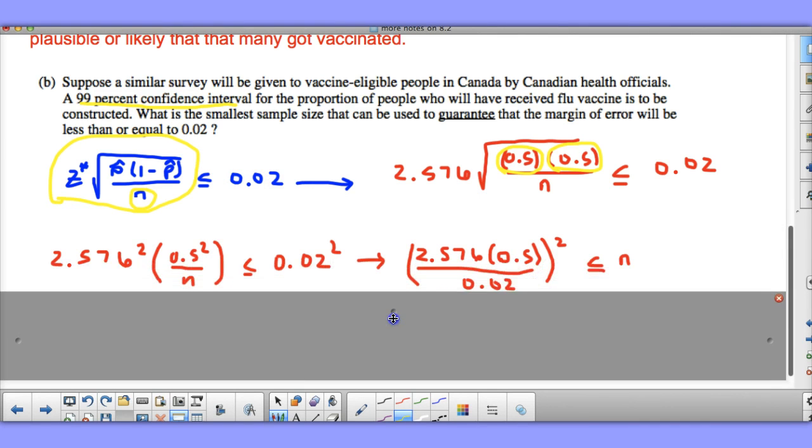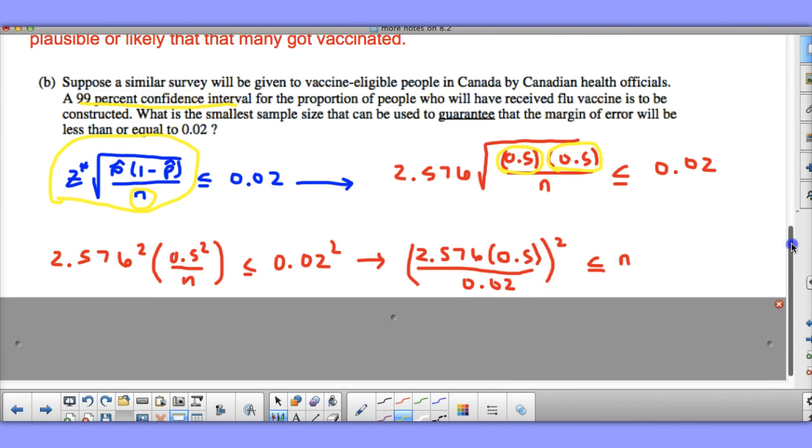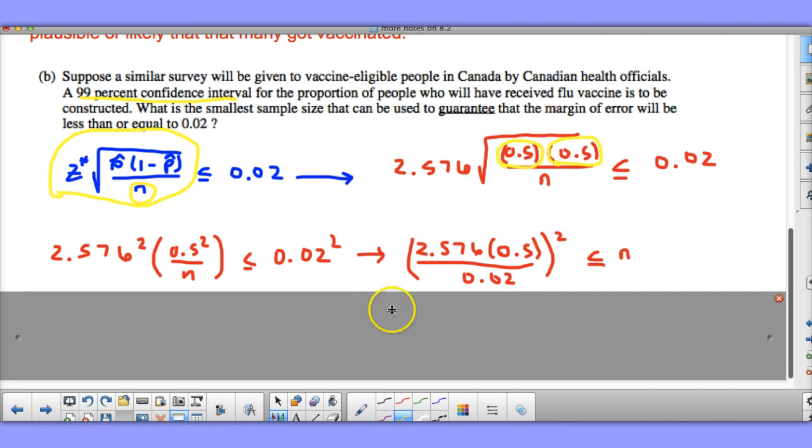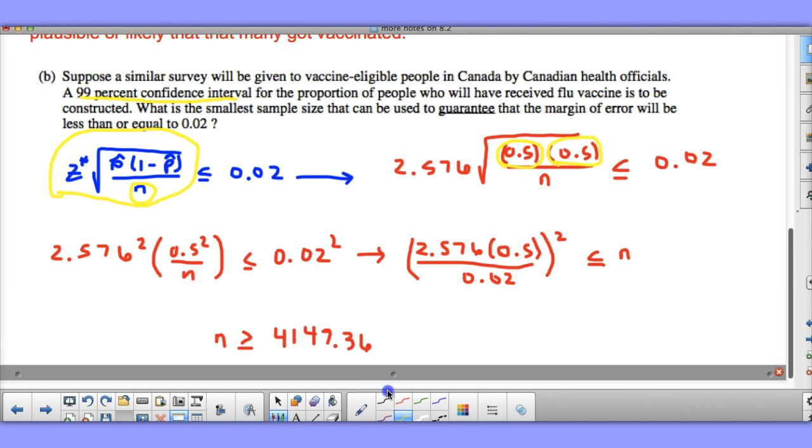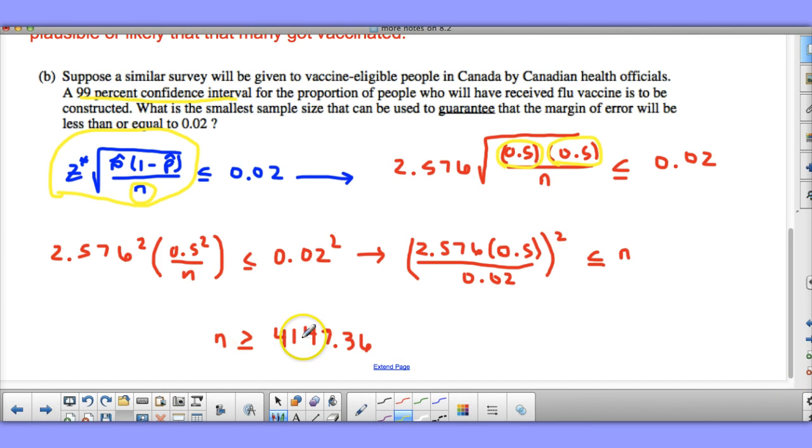So I did a little bit of algebra, squaring both sides and getting n over on the right-hand side of the equation. And then I rewrite it with n on the left side of the equation. And this says that n has to be greater than or equal to 4,147.36. Obviously, I can't have 0.36 of a person, and I want to be less than or equal to 0.02 for my margin of error. So if I want a smaller margin of error, I'd have to round up to 4,148